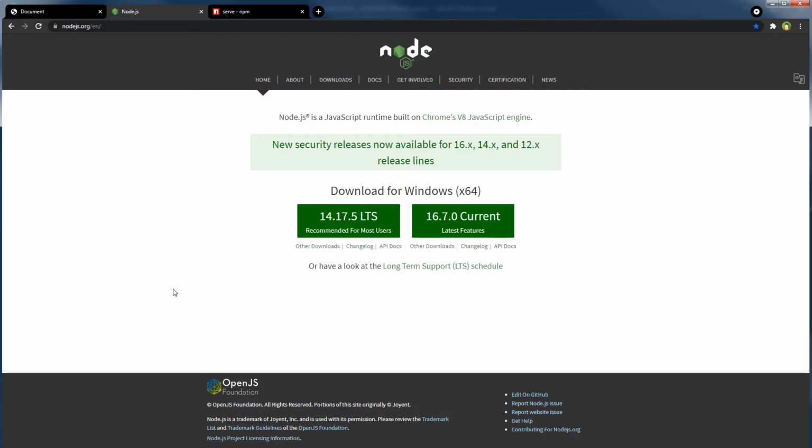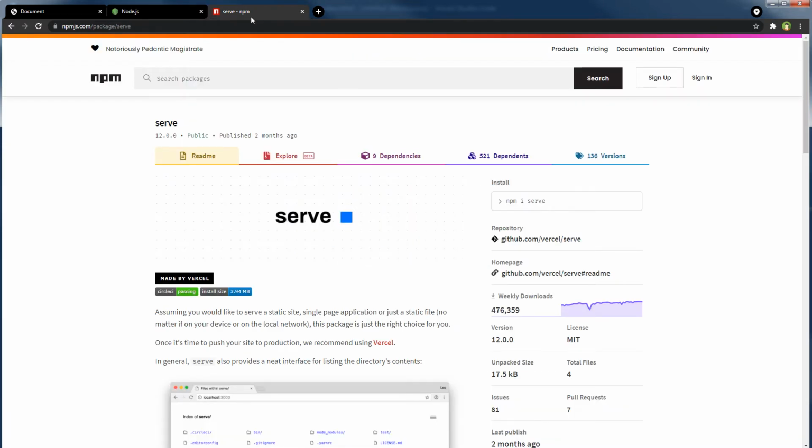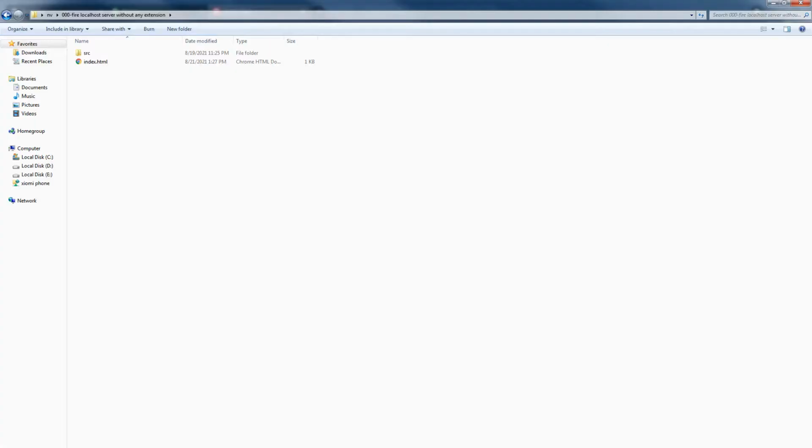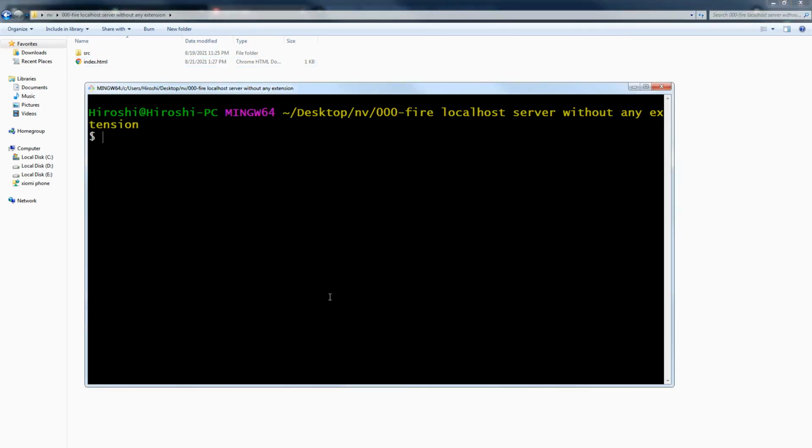As a web developer, front-end developer, or software engineer, I am sure you use Node.js. If you use Node, you do not need a Visual Studio Code extension for a local server. You can just install the npm package serve globally and use that. So inside your project directory, open your terminal and use a command like yarn global add serve.